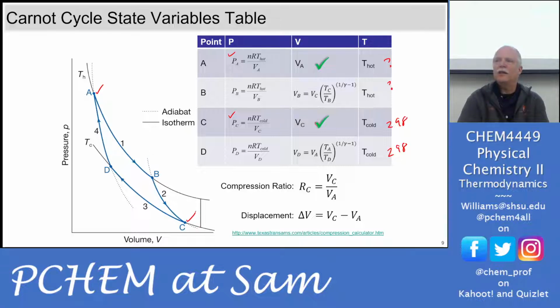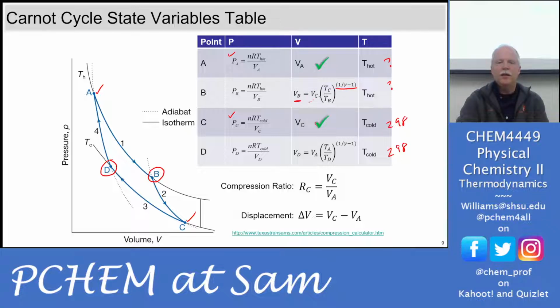Somebody see that? Ideal gas law, no gamma, it doesn't matter what gas I've got. The real trick is trying to solve for B here and D. These are the ones that require the adiabatic relationships. You see here, if I've got my temperatures, I can use this adiabatic relationship to get my volume